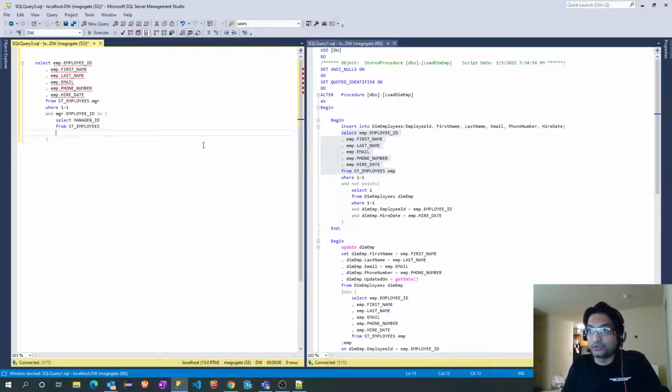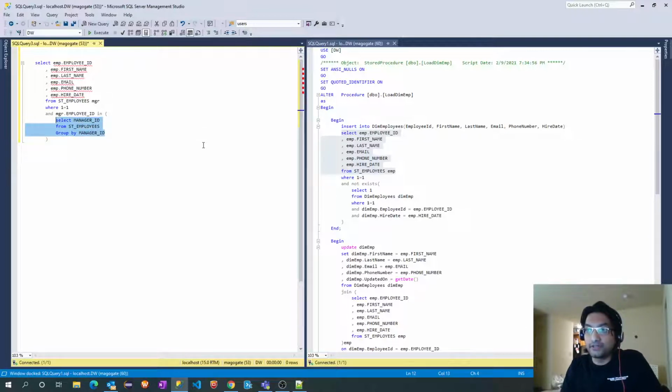And since we need distinct manager IDs, because there can be multiple manager IDs in this table, a manager ID is not a primary key, employee ID is a primary key. So that's why I'm using distinct, or you can use group by manager ID.